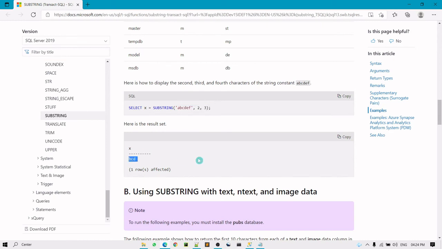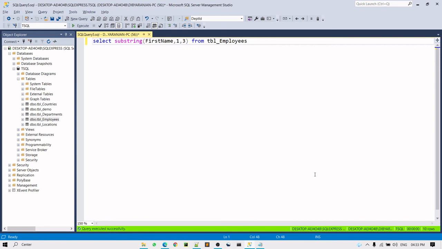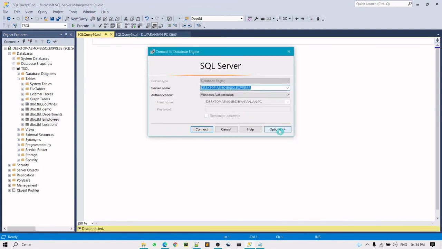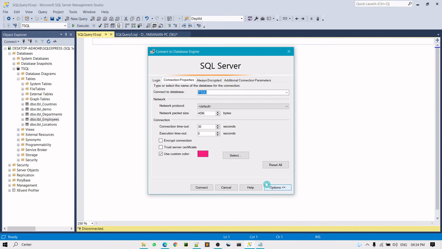Okay, the last utility I have here is how to create some background color. Here you can see I have a green background color. Suppose you are working in an environment where you have multiple servers. To separate them, you can click on this database engine and you can see the option tab here.